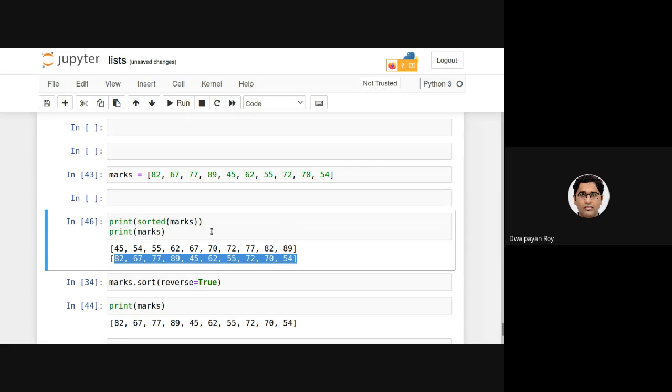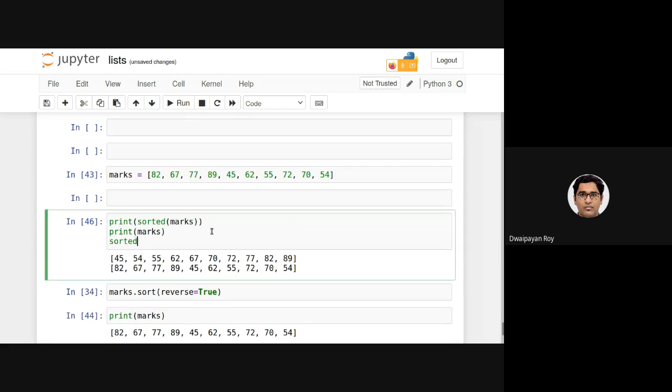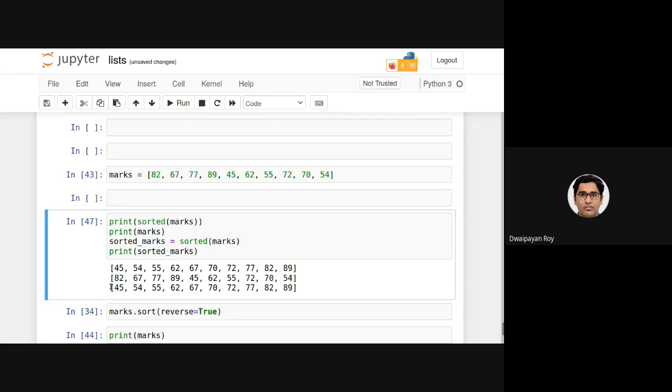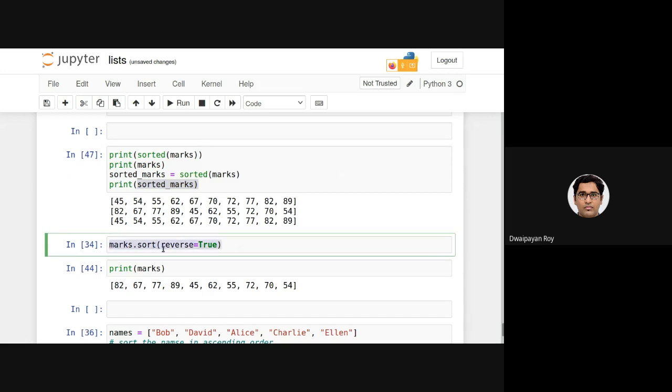Now, if you want to keep it somewhere, you need to provide a list, then it will be stored somewhere. As you can see, the sorted list is being stored in this sorted marks list. But unlike in this case, the actual invoking list was changed.